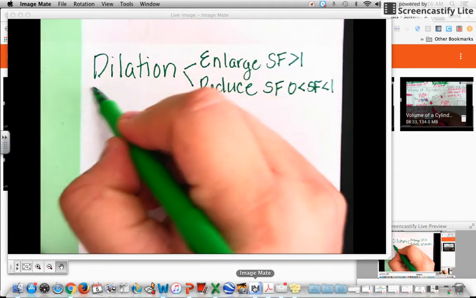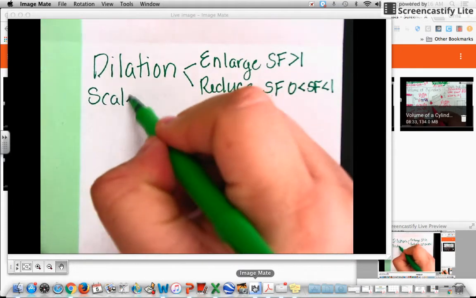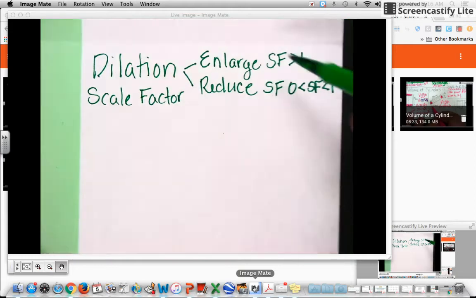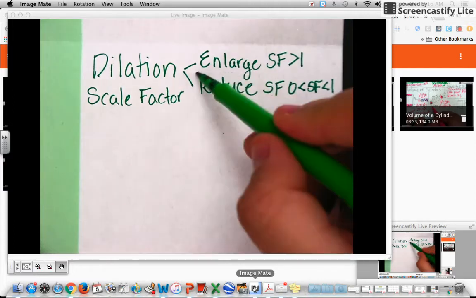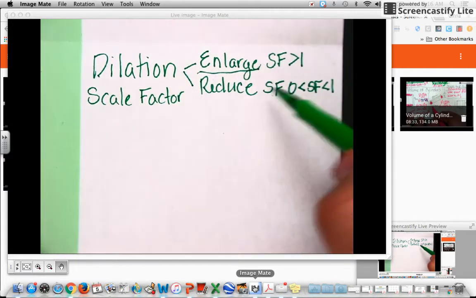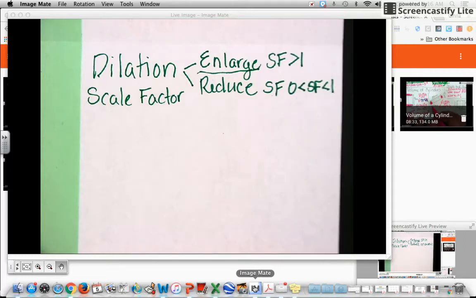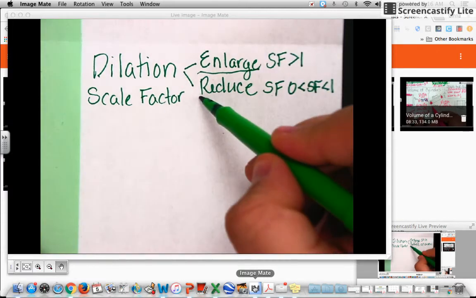If you have a scale factor that is greater than 1, for example, 2, 3, 10, 5, your image is going to enlarge. When you have a scale factor that is between 0 and 1, that means 1/2, 1/3, 1/4, 2/5, 3/10. Anything that is more than 0 but less than 1 whole, that is going to reduce your